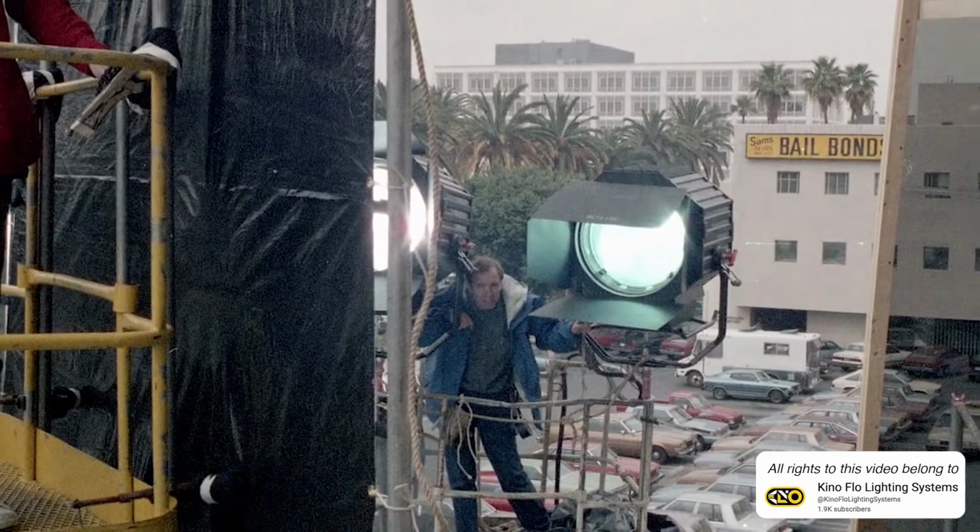Coincidence? I don't think so. In order to work around the limited space problem, the film's gaffer, Frieder Hochheim,